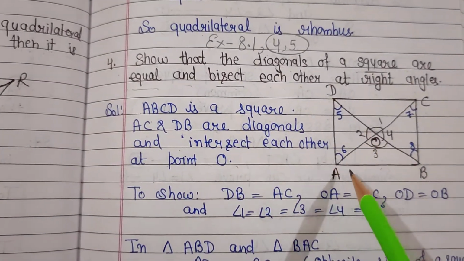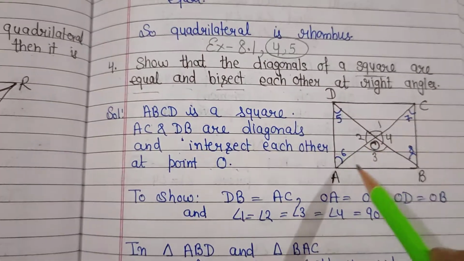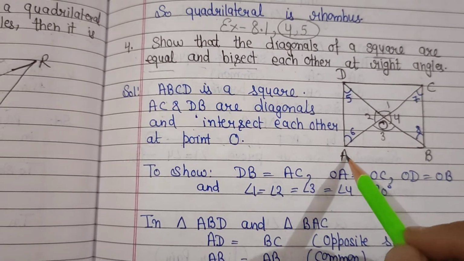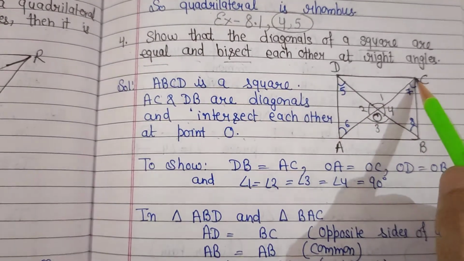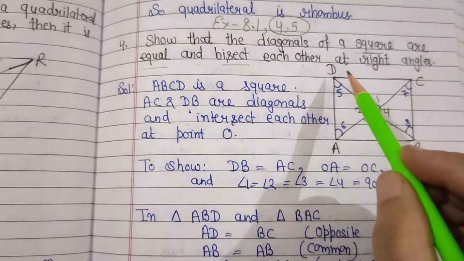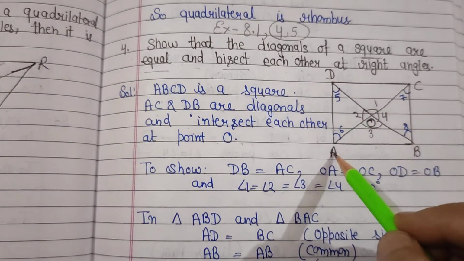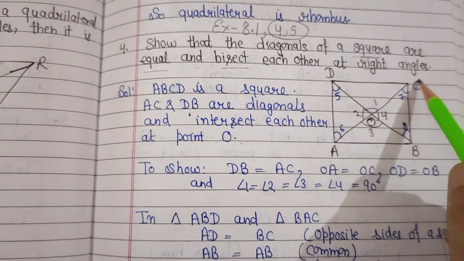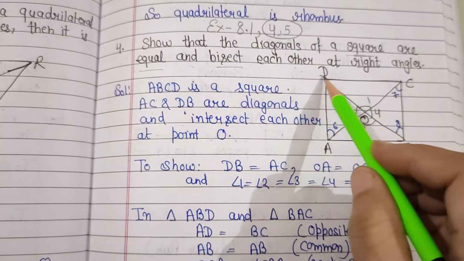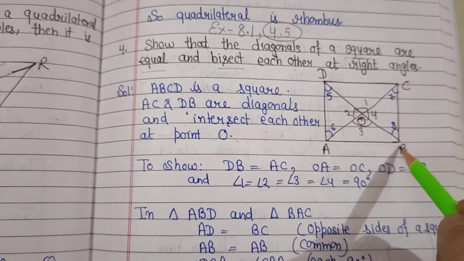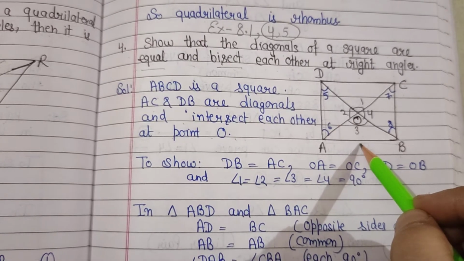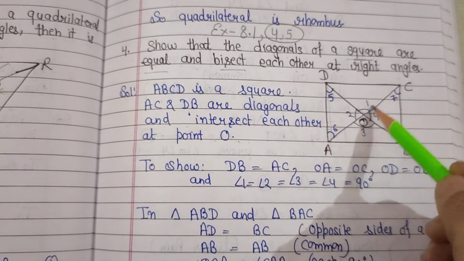For this I am taking triangle ABD and ACB. I am taking these two triangles. Here AD is equal to BC, opposite sides of the square. AB is common and angle DAB is equal to angle CBA, each 90 degrees. So by side angle side criteria, both the triangles are congruent, and by CPCT we can say AC is equal